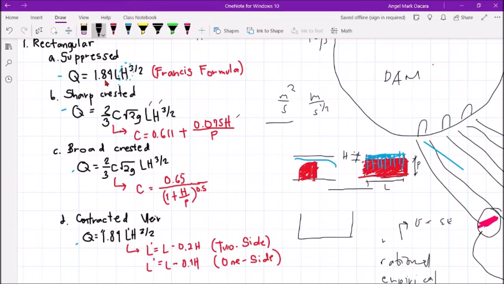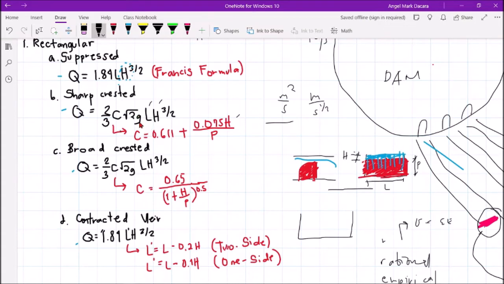Or commonly, binabanggit sa problem na use Francis formula for solving. Now, if the weir is rectangular suppressed weir, pero binigyan ka ng letter C o constant, weir constant, ang mangyayari dyan, ang gagamitin mo is itong formula na to. 2/3 C square root of 2G LH raised to